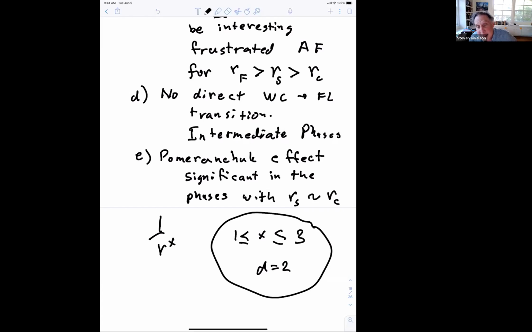Yeah, so the very likely thing is, for instance, you could go through stripe phases, and you could go from a stripe phase that was mostly Wigner crystal with a little bit of far separated stripes of Fermi liquid to a stripe phase that's mostly Fermi liquid with little stripes of Wigner crystal. Or you could do that not with stripes, but with bubbles. And then the transition from the microemulsion phase to the uniform phase would be some sort of Lifshitz transition where the wavelength of the order diverges as you approach the transition.